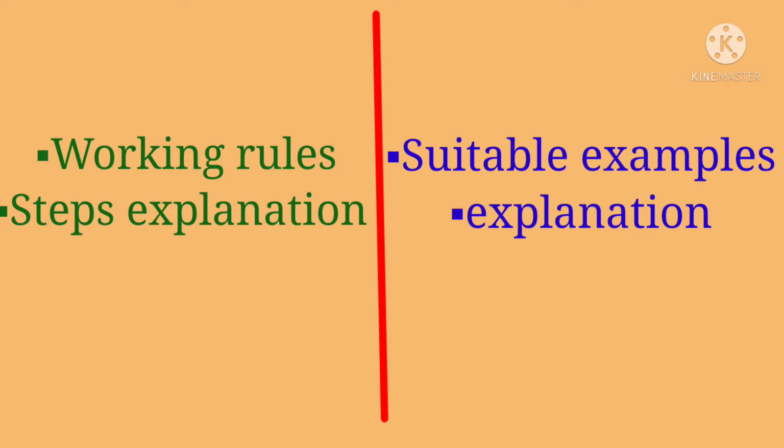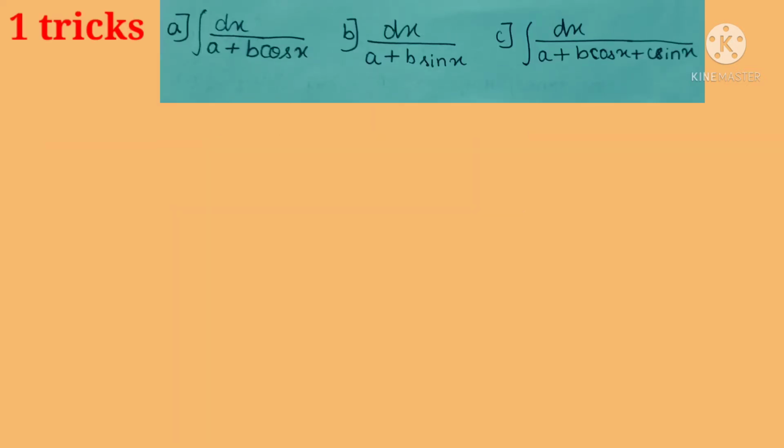On either side we will get both the construction part and the examples of how we need to do it, what type of example, and how we need to apply it later. The complete concept we are going to see in this video itself. Moving to the first form of the integral, in which I have kept 3 types of situations. For these 3 situations, there is only one working rule with 4 steps.